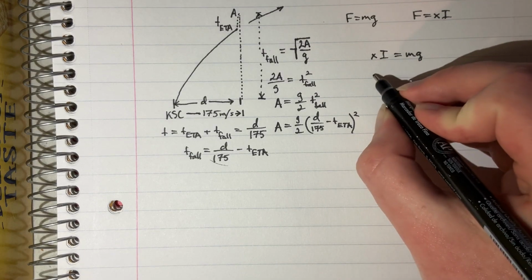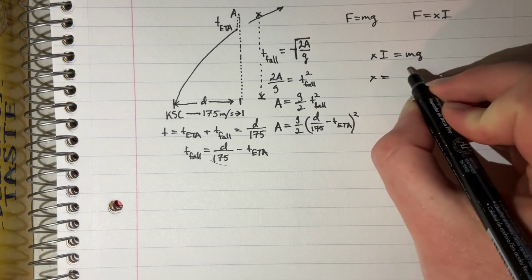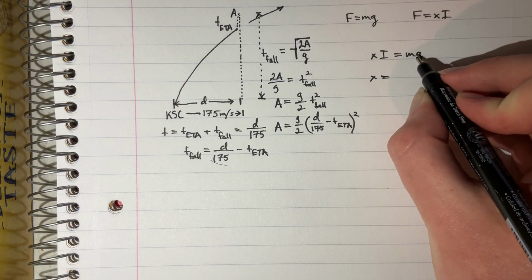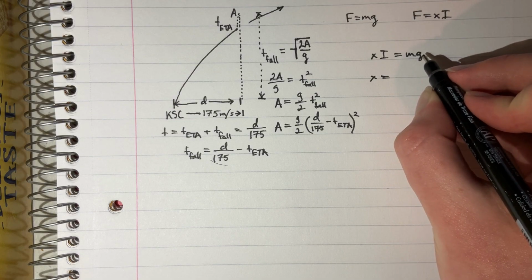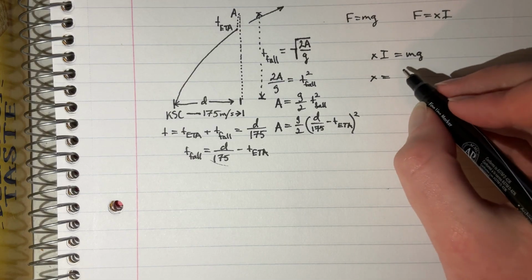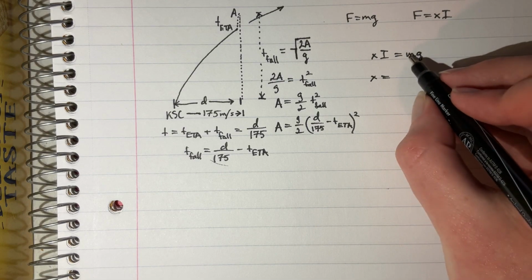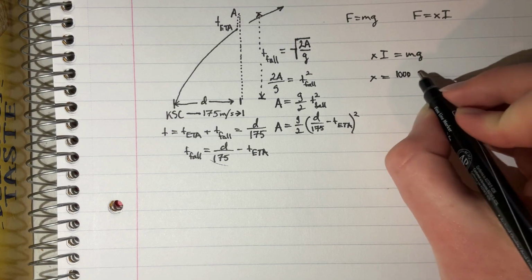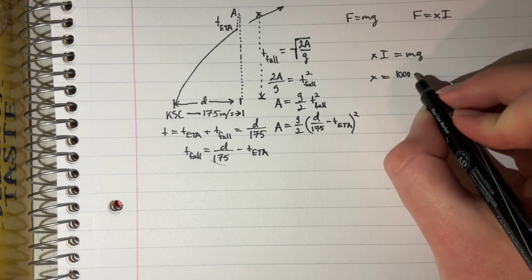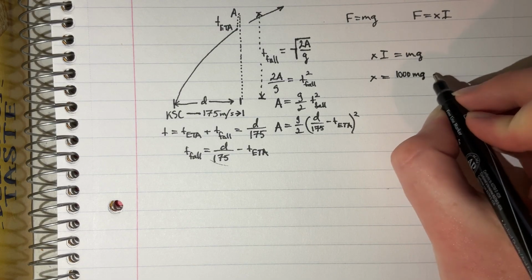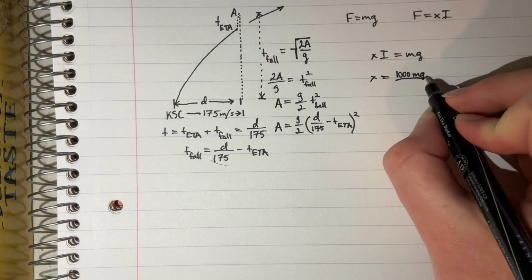And so what that multiplier is, is mass times 9.81 meters per second squared. And I kind of forgot, actually, kOS expresses mass in tons. So I'm just going to throw in 1,000 here. So 1,000 times mass times g. That's going to be